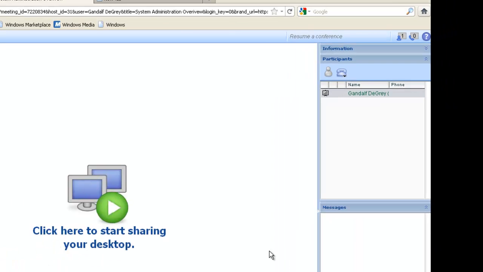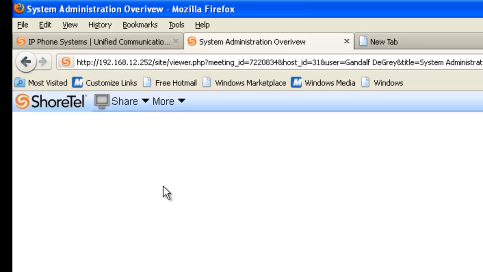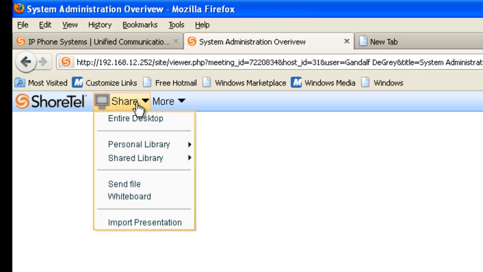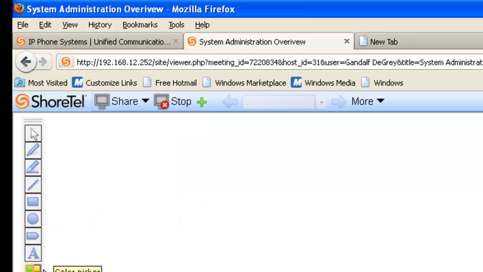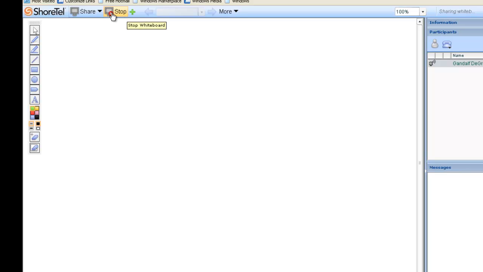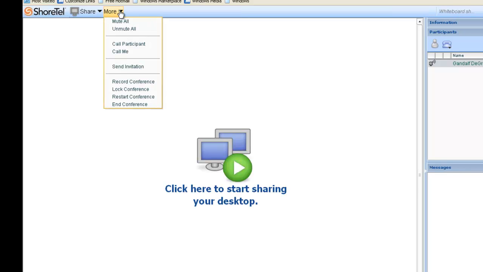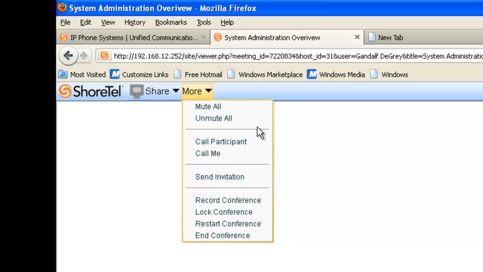So as you can see, a very powerful solution for desktop sharing, access to your previously prepared materials, even a whiteboard application. You have the ability to just go ahead and draw and share that, stop that nonsense, go on, mute participants, call up participants, send another invitation for a late joiner, lock the conference from further participants, and end the conference. So that's a quick overview of the ShoreTel conference server,